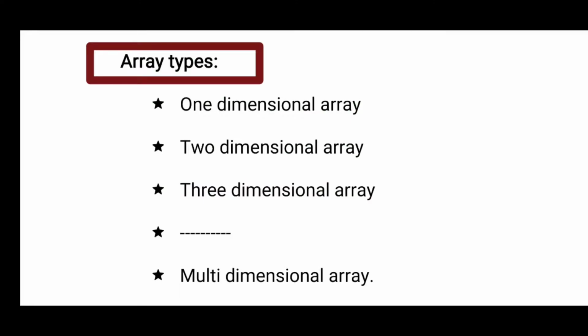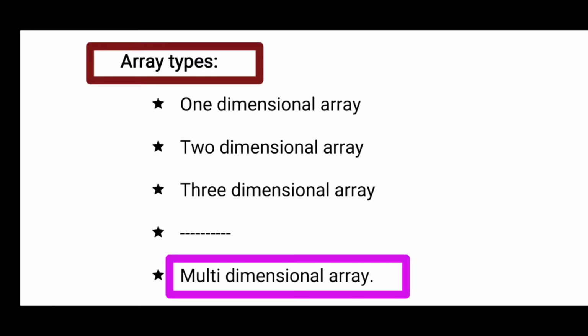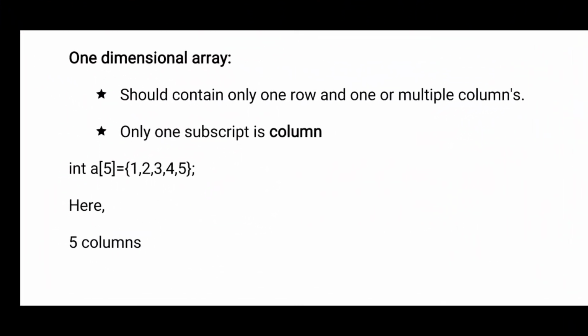Now we are going to see about array types. Here, one-dimensional array, two-dimensional array and so on. More than one-dimensional array is known as multi-dimensional array. Now, one-dimensional array. If the array has only one square bracket, that is subscript, then it is known as